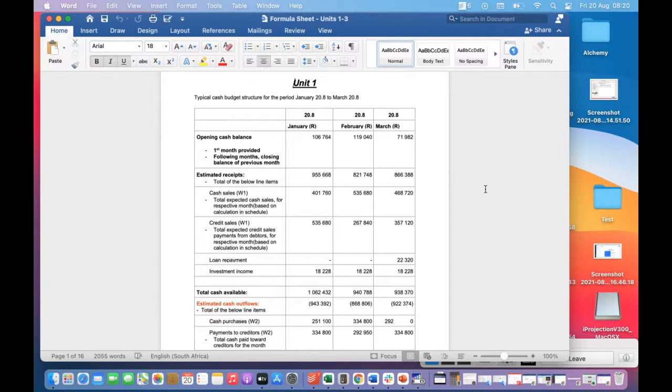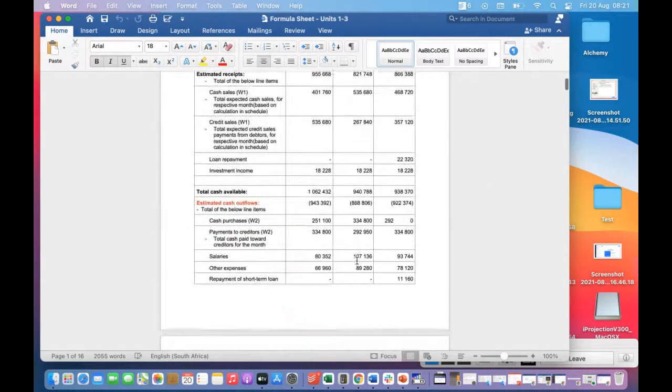And then loan repayments, we also know how much we will be paying out. And investment income, we'll know how much we should be receiving. There are various other line items, but the real work here is getting your debtors and creditors analysis or schedules. If you can do that, this is easy. Then here now we're talking about where is the credit? So that's your total cash available in terms of cash coming in.